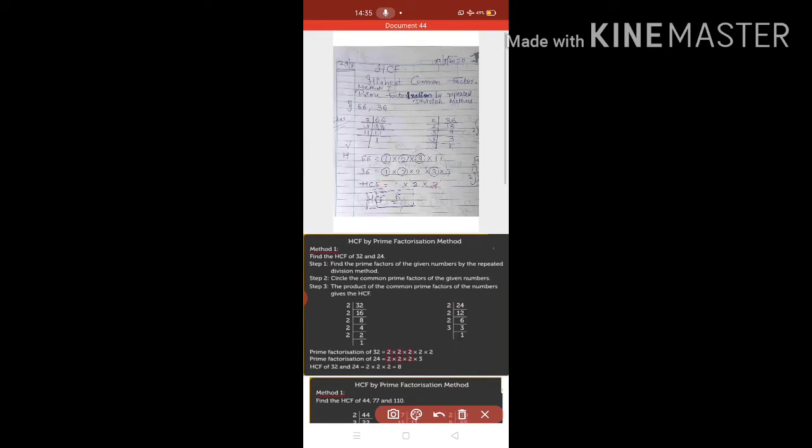Okay. Now the factor part is done. Now you have to find the common factors. What is common over here? Highest common factor. So the common factors are 1, 2, 3. Now you will multiply them and you will get the HCF. I have written HCF here because you are getting the HCF here only. 3 2s are 6, 6 1s are 6. You will multiply and you will get the HCF.